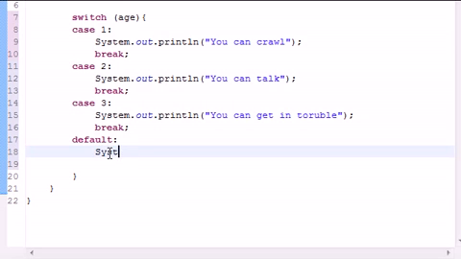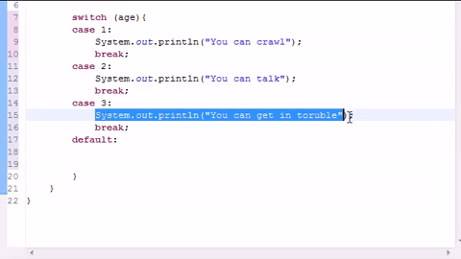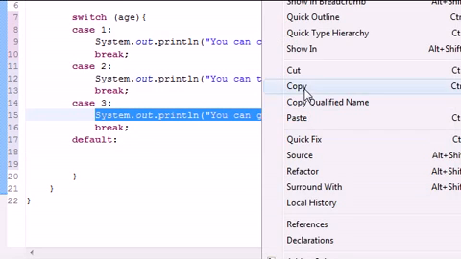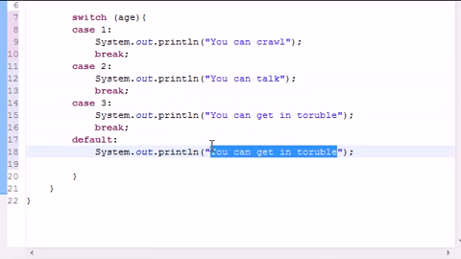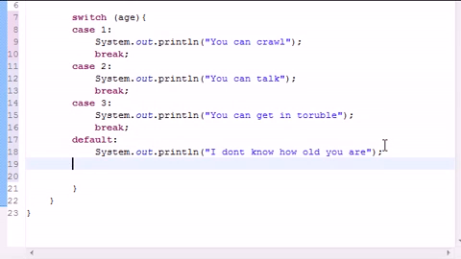So let's go ahead and write, actually let me go ahead and copy this since I'm lazy. Copy. In default, let's go ahead and write, I don't know how old you are. And of course, we have a break at the end of this as well. If I can get it right. Break. So let's go ahead and run this with age equal to 3, and let me show you guys what